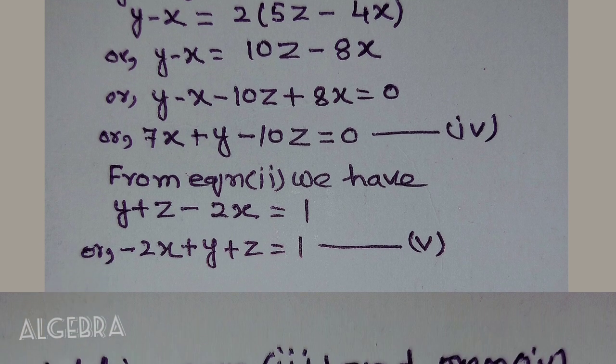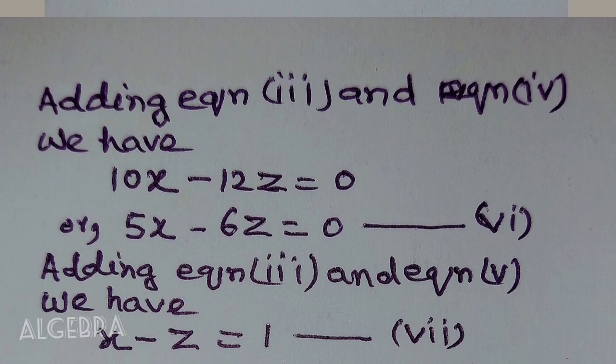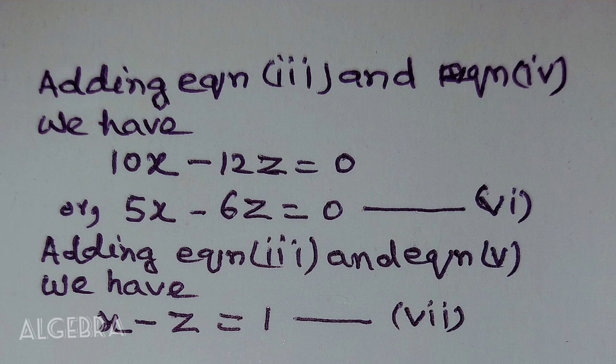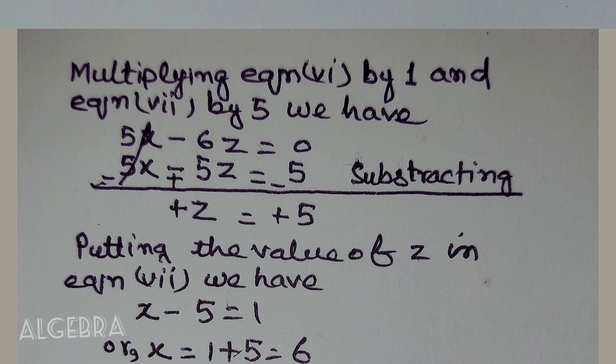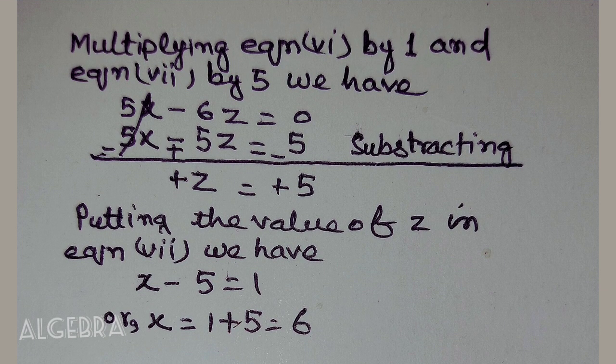Equation 5. Adding equation 3 and equation 4, we have 10x minus 12z is equal to 0, or 5x minus 6z is equal to 0. Equation 6. Adding equation 3 and equation 5, we have x minus z is equal to 1. Equation 7. Multiplying equation 6 by 1 and equation 7 by 5, we have 5x minus 6z is equal to